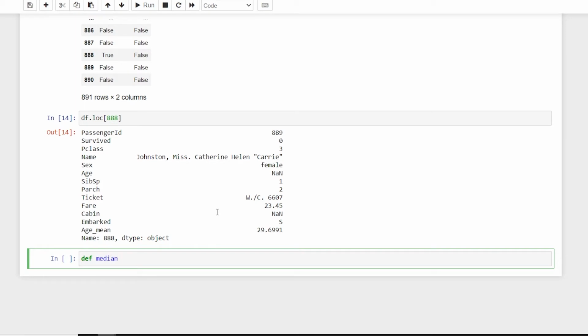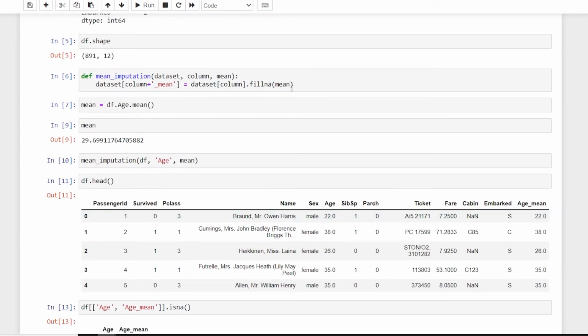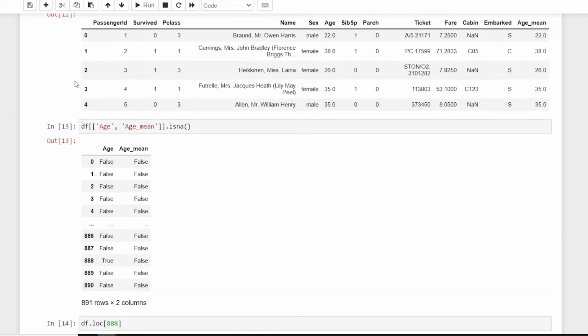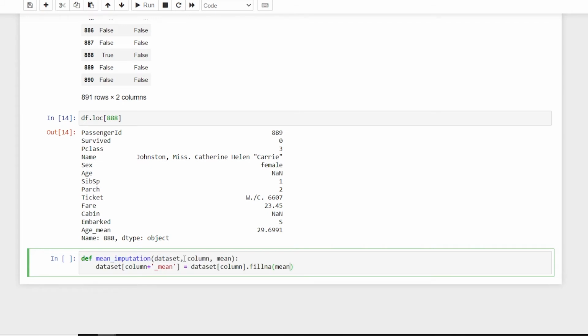Similarly, I can make a similar function for median, so I'll say median impute, and later the data set. Or I can just use this mean function. I made it specifically for mean, but we'll just replace it with median.